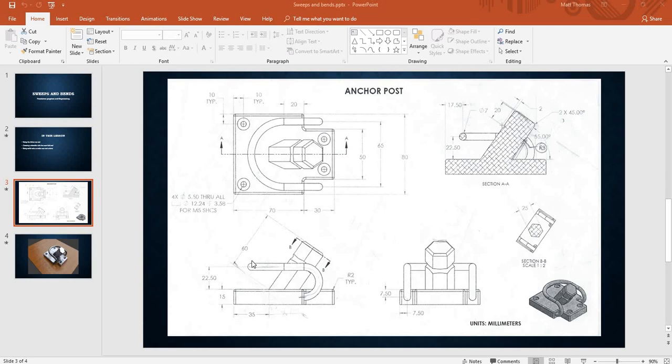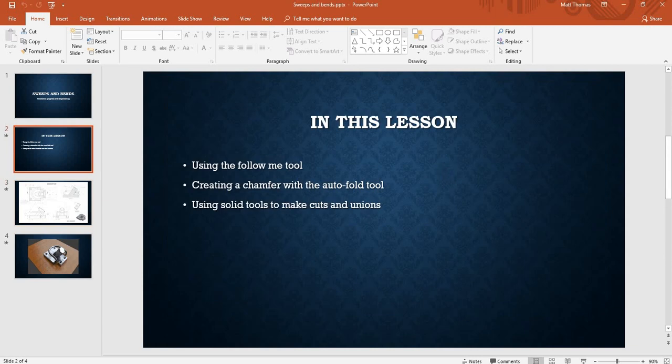Alright, welcome back to part 3 of the anchor post, where we're going to start designing this sweep and bend, and this is the last part that we'll be using solid tools to make cuts and unions. On this one there will be no cuts,